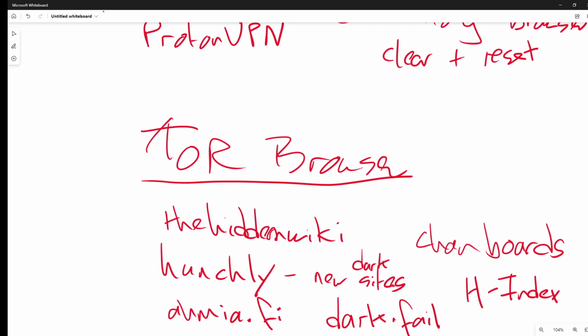And lastly, you've got something which not many people know about, the H-index. Now, H-index is a dark website that provides a list of onion links it has attempted to index alongside relevant information. So it attempts to give you the title, the language of that website, the URL, the .onion URL. And at KDSOps, we use H-index a lot.